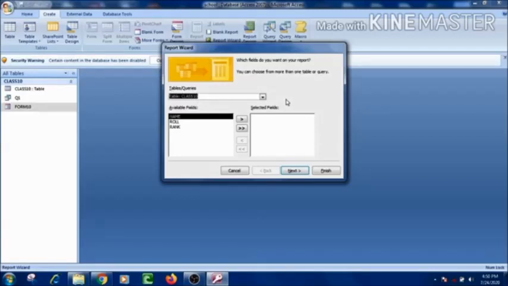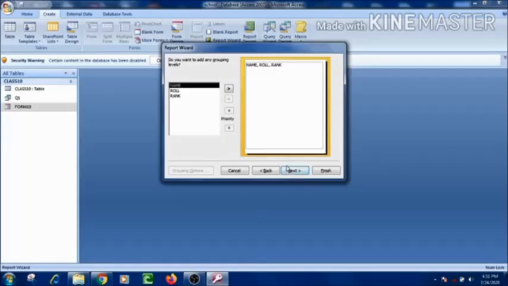It means now we are going to create the report on the class 10 table. Now whatever fields are present in the class 10 table, we have to select them. Suppose that I am selecting all of them, so I click on the double arrow button, so all the fields are selected. After doing this, I will click on the next button.